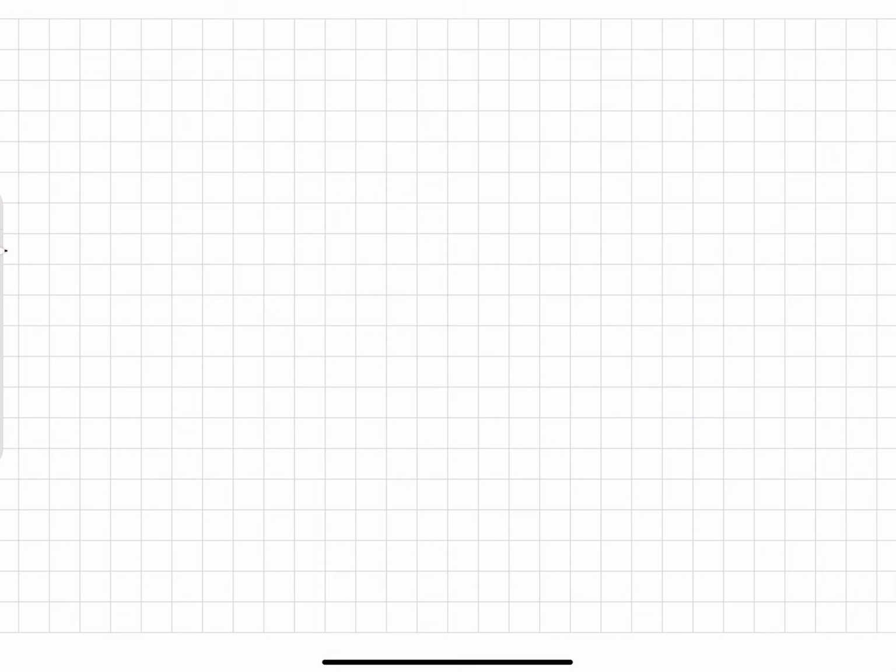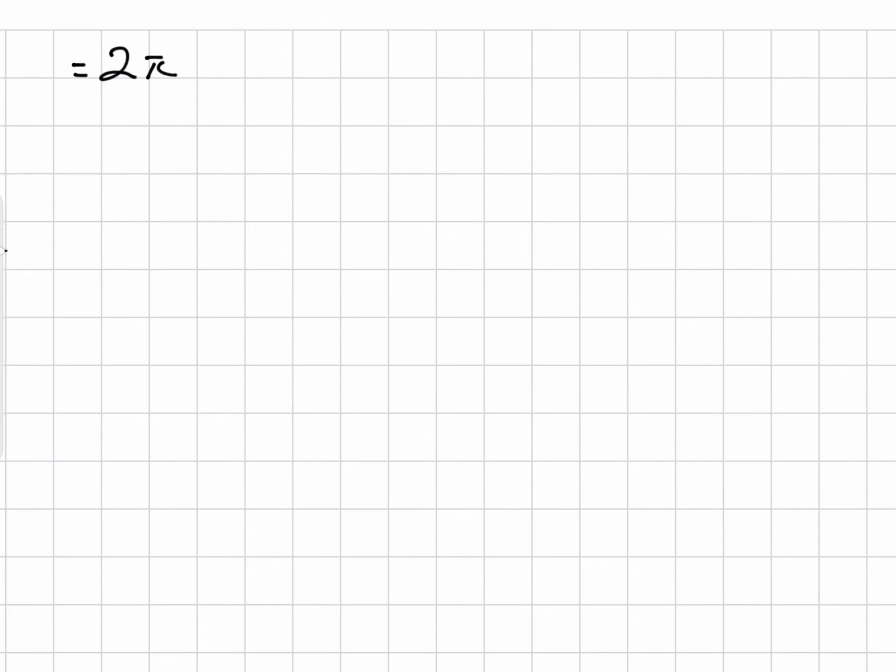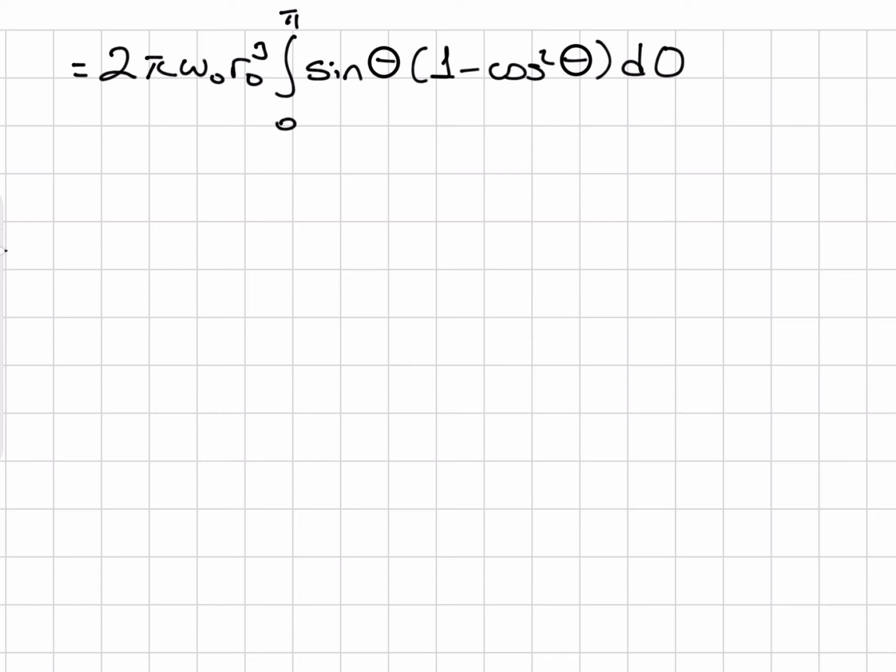All right, and we can now perform the theta integral. 2 pi omega 0 r0 cube, integral from theta equals 0 to pi, and sine cube theta can be written as sine theta and sine square theta, which is 1 minus cosine square theta, d theta in EZ hat direction. And this will give me